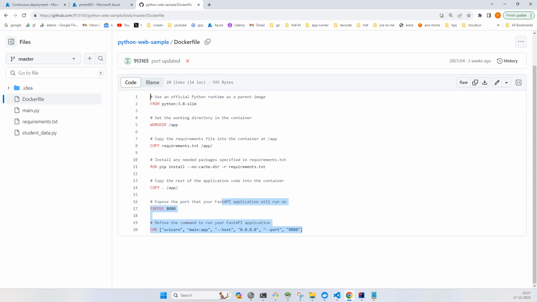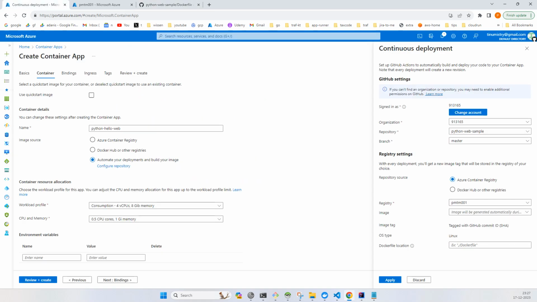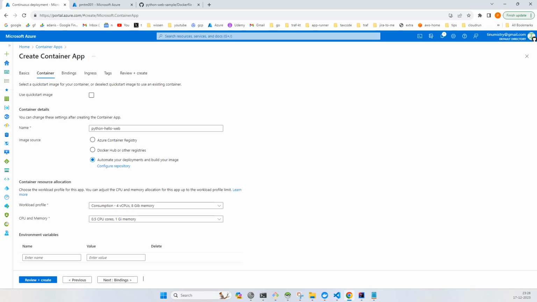Even if you generate it using ChatGPT, it will give you something like this. It has a basic parent image, and then a working directory. Then you copy the requirements.txt, do a pip install, and then copy the rest of the application into the container, and then you expose the port, and then you use the uvicorn command with port 8080 to run the application, right? The Docker file is already in the root, so we just keep the default location. I click on apply,